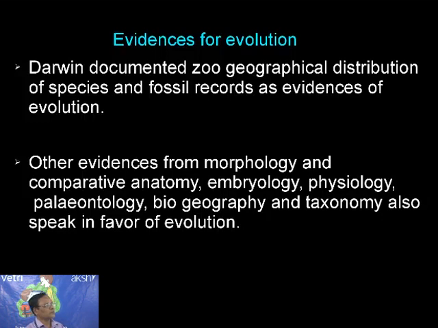So what is the meaning of support? That means all organisms have been descended from a common ancestor. That is a concept. So there is a common ancestry for the present day organisms, and that was supported by a number of evidences from different fields of biology: anatomy, morphology, embryology, physiology, biochemistry, biogeography, and also the classification, nothing but the taxonomy.